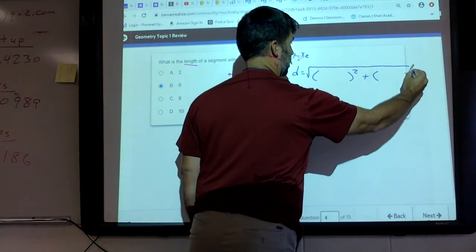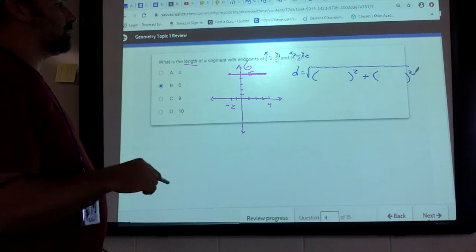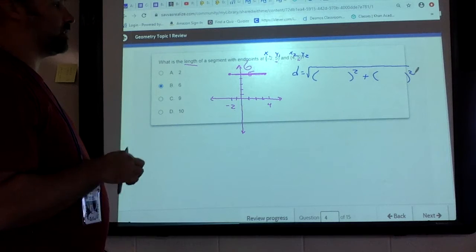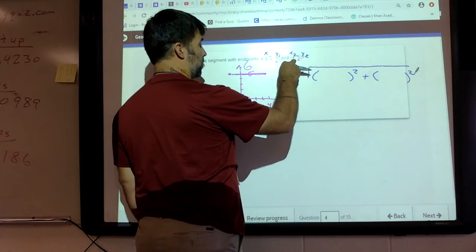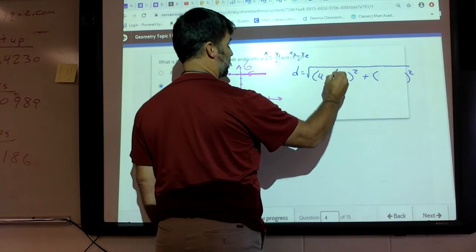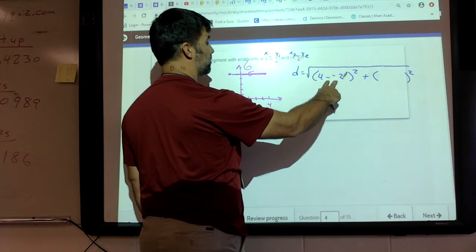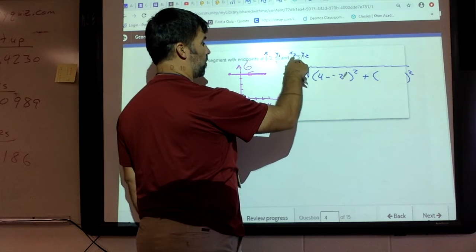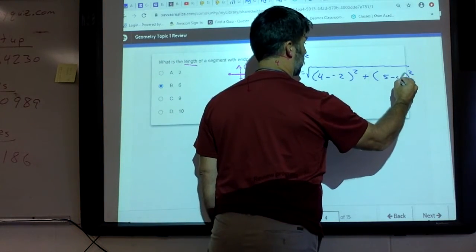Remember, distance formula comes from Pythagorean theorem. Let that help you remember what it is, because on the test, you're going to have to know the distance formula if you're going to use it. So the distance formula is x2 minus x1. So I'm going to go 4 minus negative 2, which is a plus. I'm going to leave it like that for now. So if I go 4 minus -2, I got to go 5 minus 5, which is going to